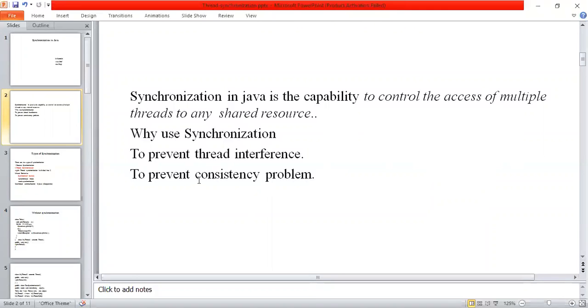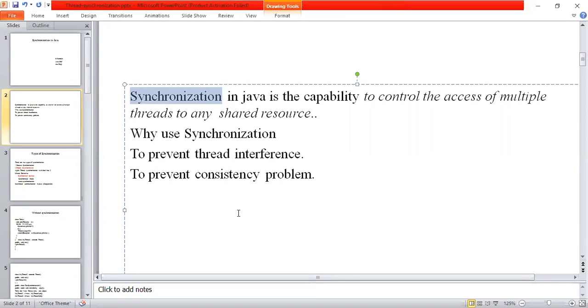To avoid this consistency problem, Java provides a concept called synchronization. Using synchronization, once batch 1 people have entered the lab, they are logging in and are busy with their task. Once their task is over, batch 1 people come out of the lab.